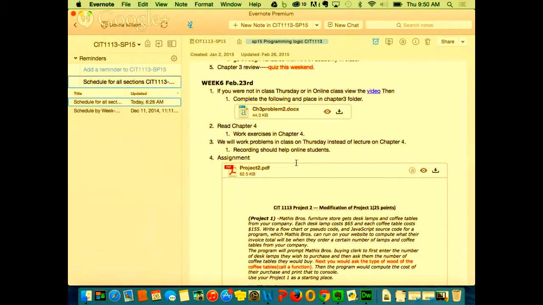That's what I'm going to look for whenever you're taking these hands-on quizzes: is the logic right? Because if the logic is right, then that's what this class is really about. You can learn any programming language if you understand how to solve the problem. You've got to be able to solve the problem.